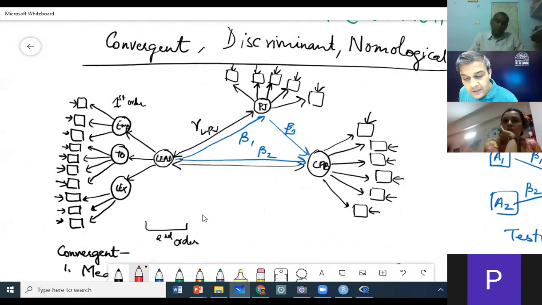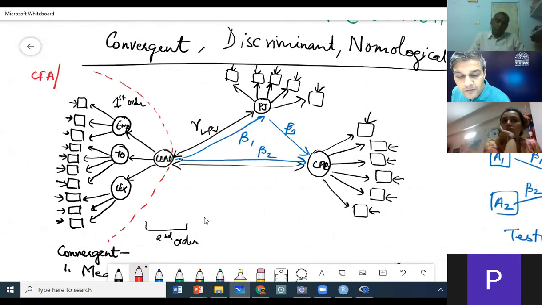So what is it that we are going to do? We are going to test the measurement model. So we call this CFA or measurement model for leadership.